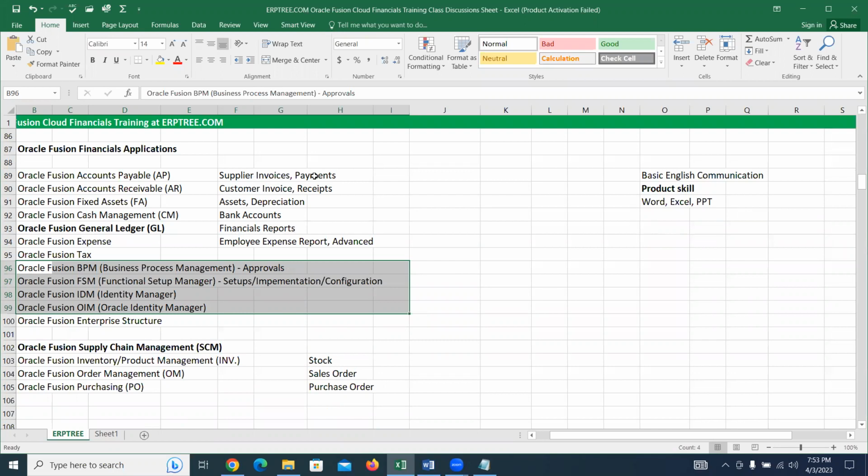Without the invoice being approved by a manager or somebody, it should not be processed for payment. That may be the policy in the company, and you can set that up by using Oracle Fusion BPM. BPM stands for Business Process Management, and you can set the approvals. It's a very simple application.